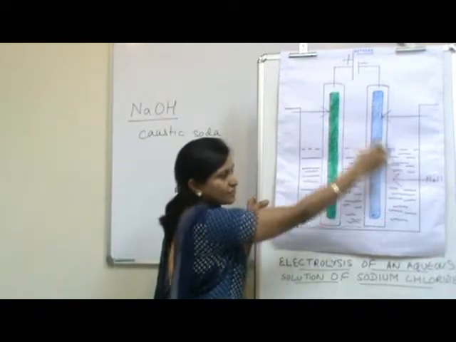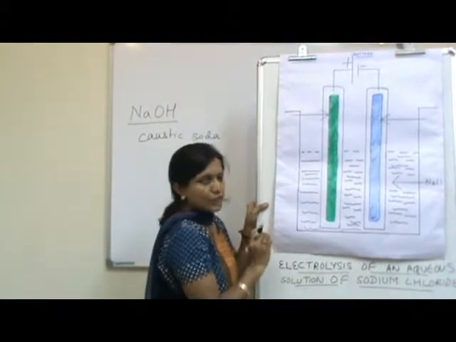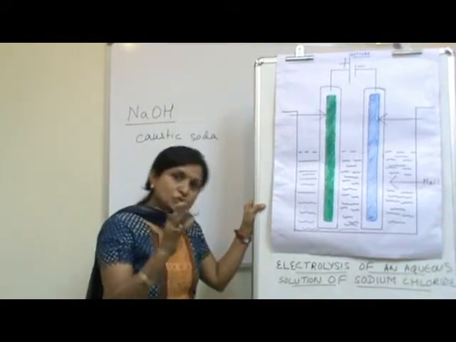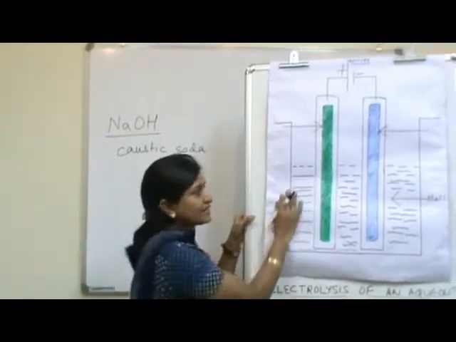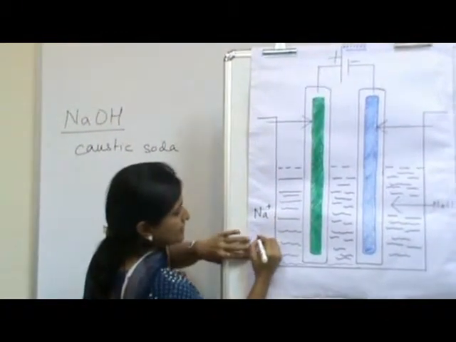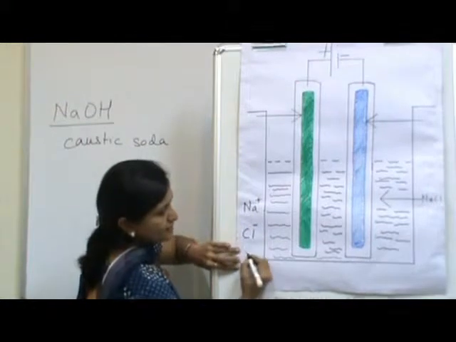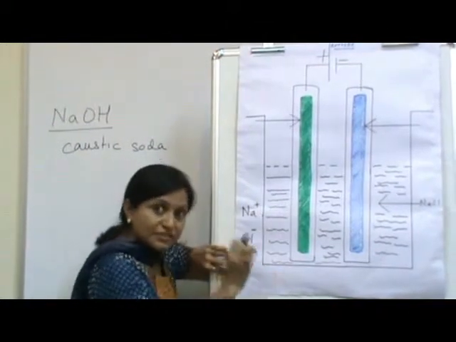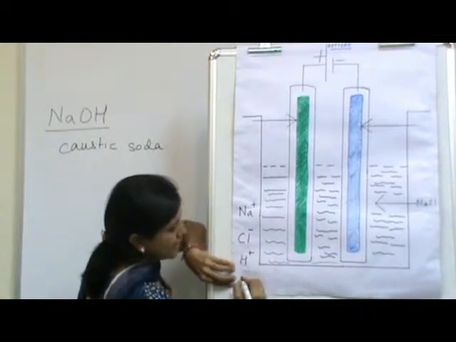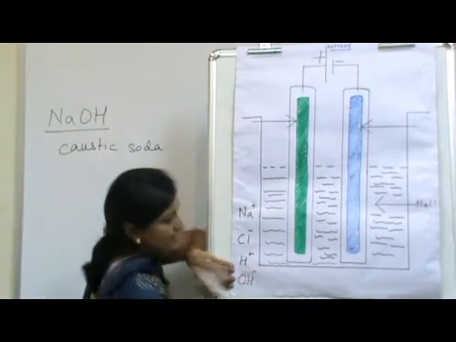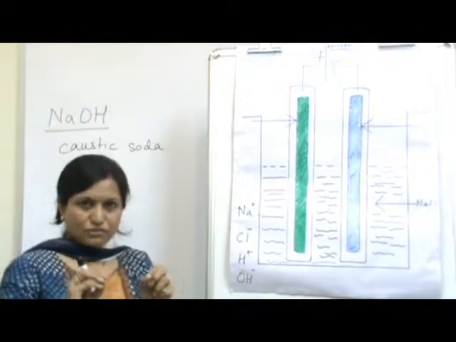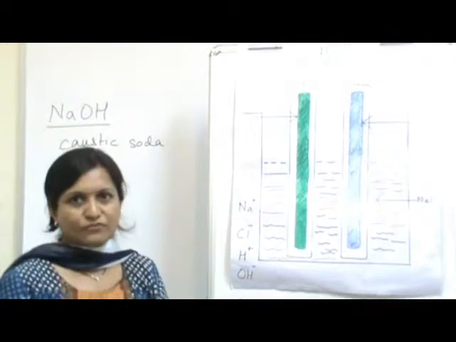When I pass electric current through an aqueous solution of NaCl, it decomposes. It decomposes to its ions. What are the ions that we get? We get Na plus, Cl minus from NaCl because it's an aqueous solution. So we get H plus and OH minus from water molecule. Okay. Now let me show you an experimental setup of this